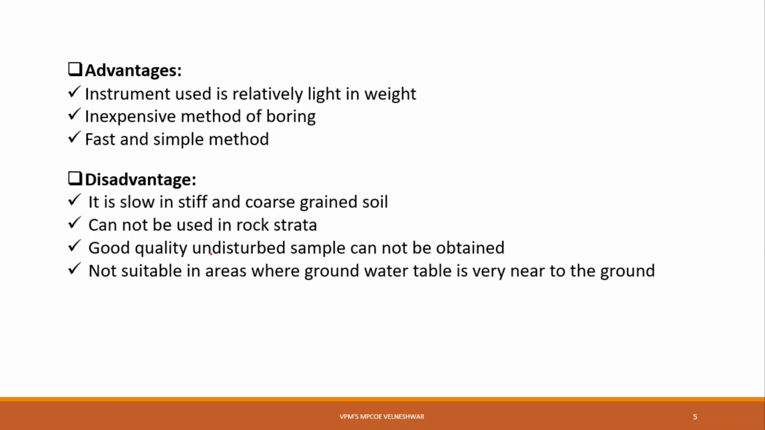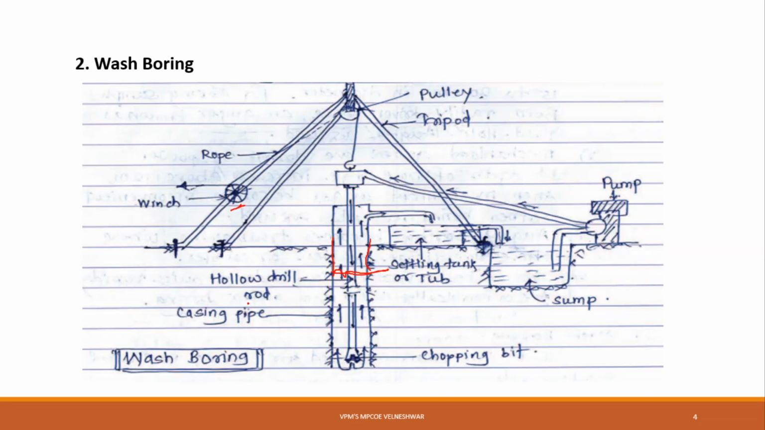And the last one is it is not suitable in areas where the groundwater table is very near to the ground. Now what happens when the groundwater table is very near to the ground? See here in this figure, suppose the groundwater table is at this level, meaning after digging to this depth you will get the water at this level. What happens if the groundwater table is near the ground surface? Wash boring totally depends on the pressure of water. Once the drilling bit is at this portion, you are giving the water pressure to this,